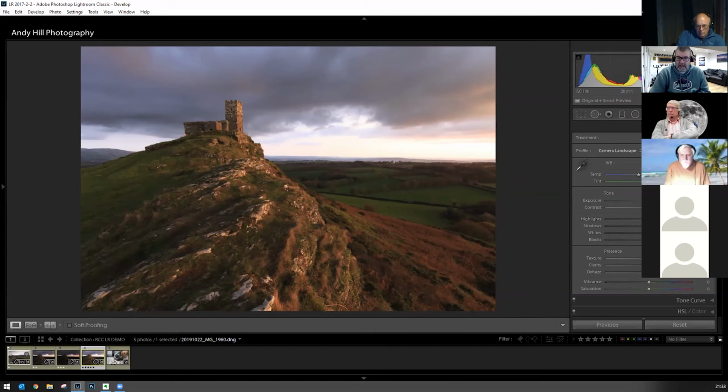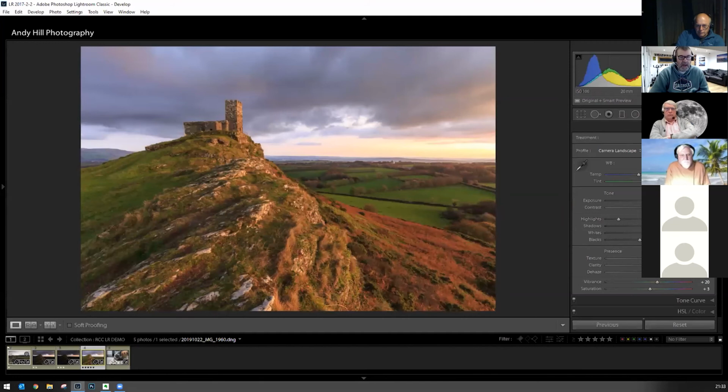You've then got a second section within the basic panel here, which is the tone. So this is your exposure, your contrast, highlights, dark shadows, and then another section which is more texture, clarity, dehaze, vibrance and saturation. There's an auto button, you can click it, it will work out what it thinks is the right settings for you,